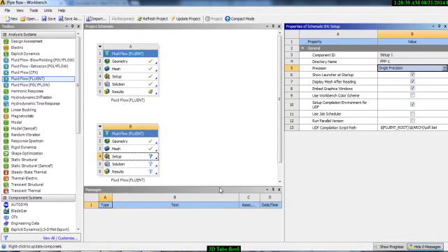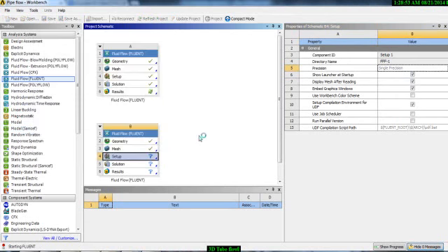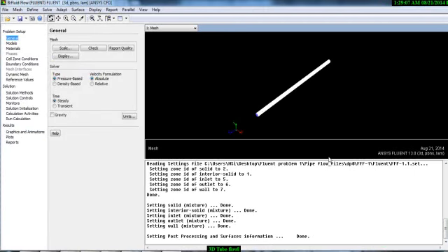So our geometry and meshing is done. Now we will do the case setup and solution. So in order to do that, let's start the Fluent. So open the Fluent. Here the Fluent